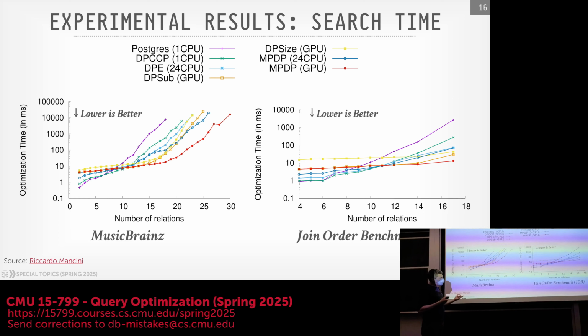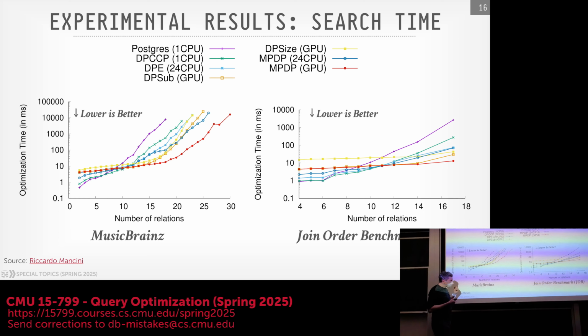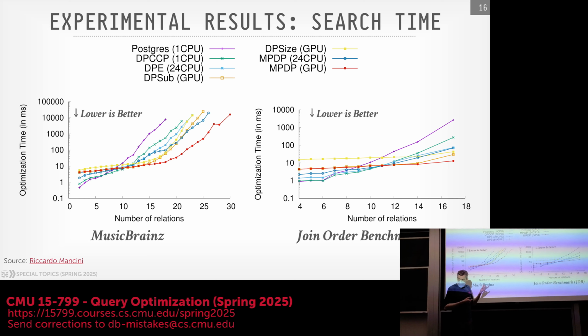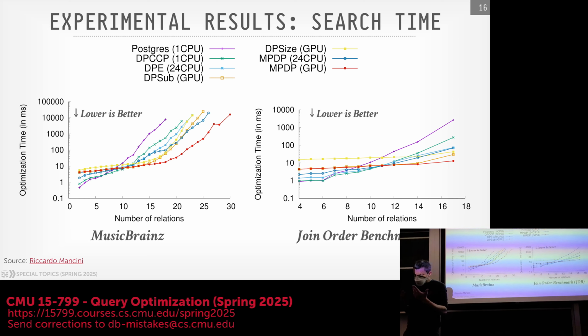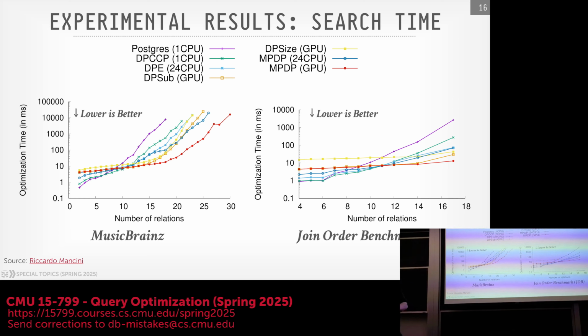And so the 2 workloads they're considering are the Join Order Benchmark, which is based on the IMDb database. That we're going to see a lot through the newer papers we look at. This is the common workload everyone does. And then MusicBrainz is an online music database, and I think they generate synthetic queries for this, right? So